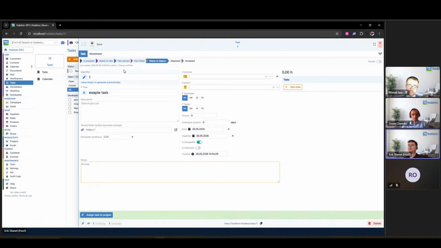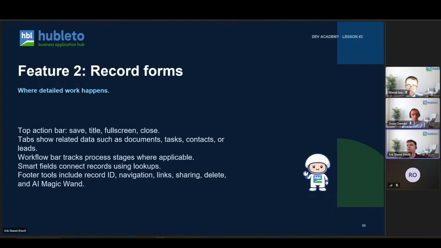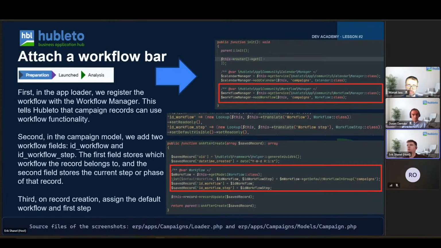We know that if your business grows in size, it can be quite demanding to keep track of multiple tasks, right? So this is a neat little UI tool that helps you keep track of the current state the task is in, and allows your employees or people working with you using the Hubleto ecosystem to quickly change the state or progress of a task they're working on. So, to give you a quick showcase of how this actually works,